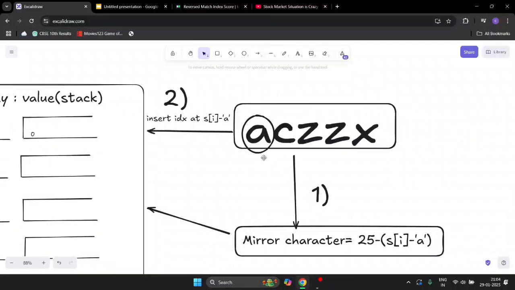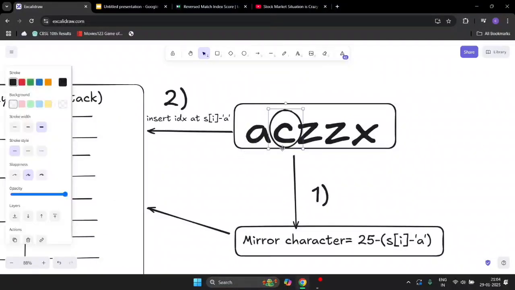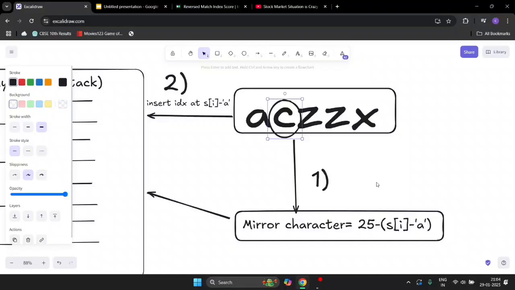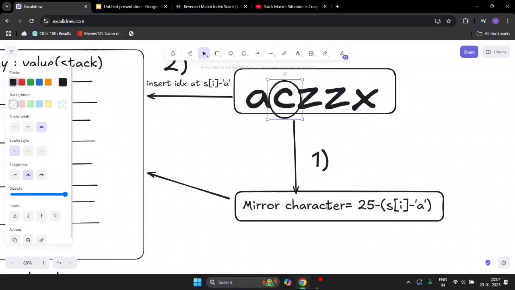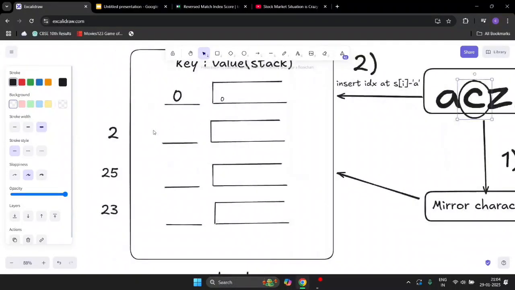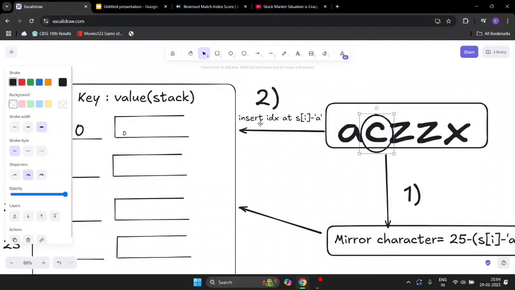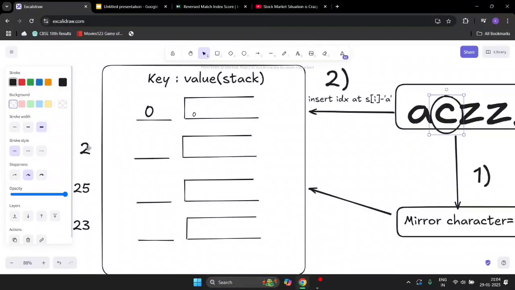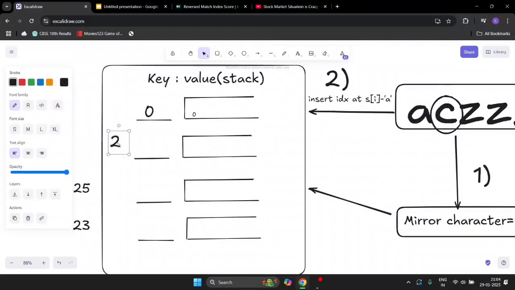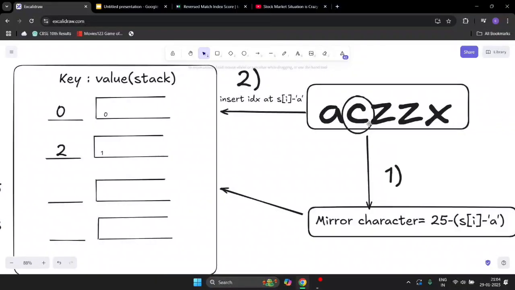All right. So we'll now move to index 1, which is the C character. Again, I'll calculate the mirror character, and it doesn't exist. I'm looking for 23, but I don't have it. So I move to step 2, and insert the character into the map. I'll insert the character, which is 2 in terms of reduced ASCII value, and I'll insert the index as well, which is 1. Again, move to index 2,